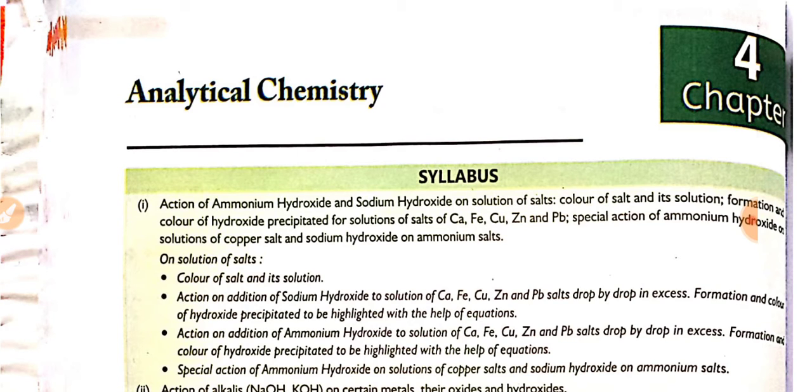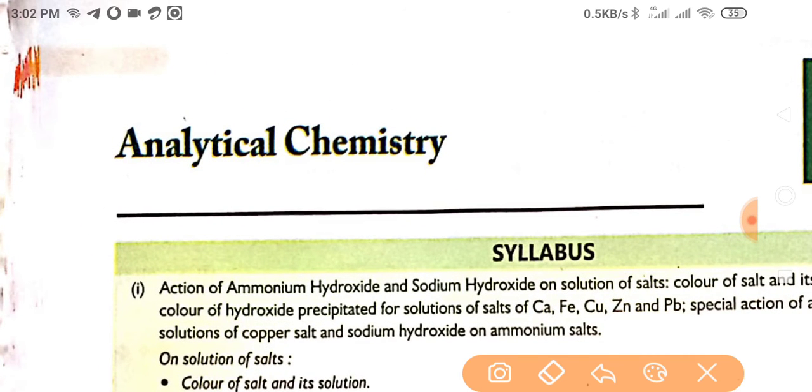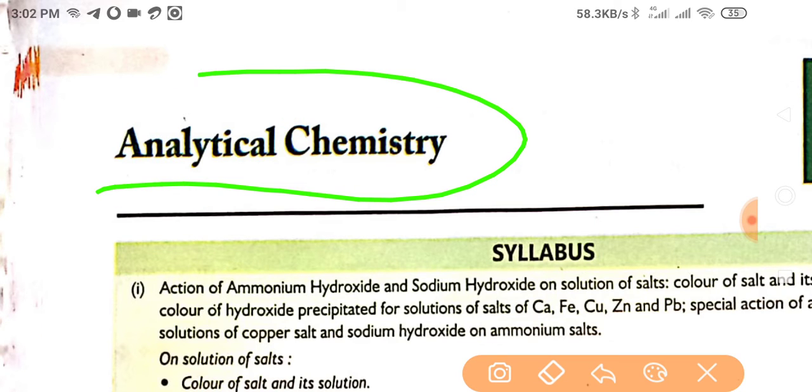Today we'll start the new chapter, Analytical Chemistry. First, you have to know what the word analytical means. Analytical means to analyze something, or to go in depth about something, whether in the field of chemistry or for a person. In the case of chemistry, when the term analytical chemistry comes, you go in depth or analyze the chemical